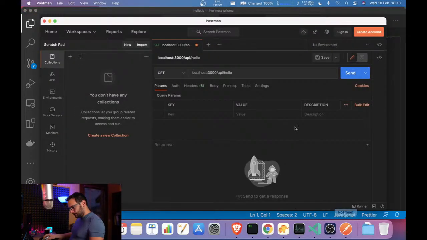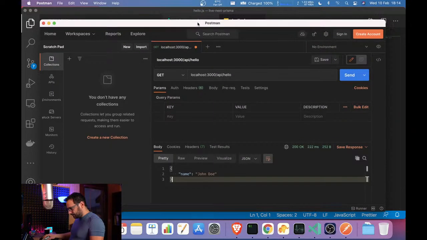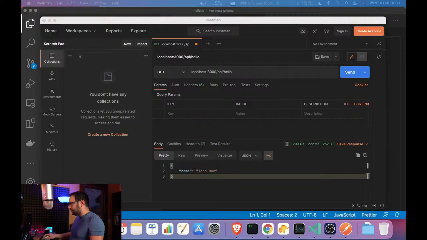So let's see, some kind of magic. Pretty fast. I don't have any backend here. I want to zoom a little bit on my Postman. This version is pretty heavy. I'm stuck in a zoom now. All right, so I hope you guys can see the resolution of Postman nicely here.